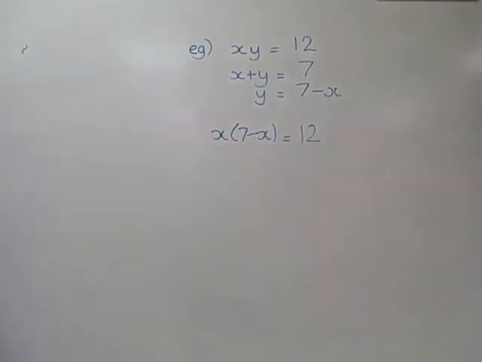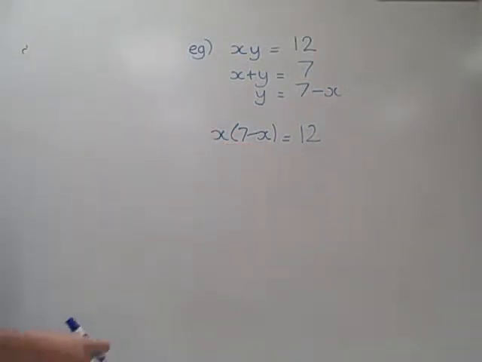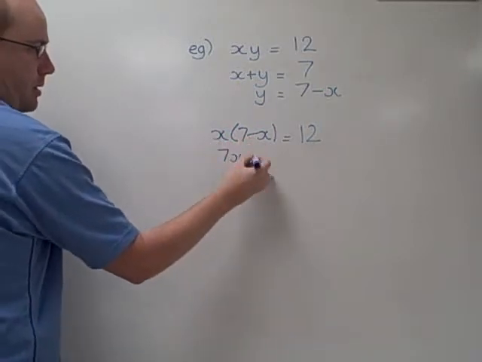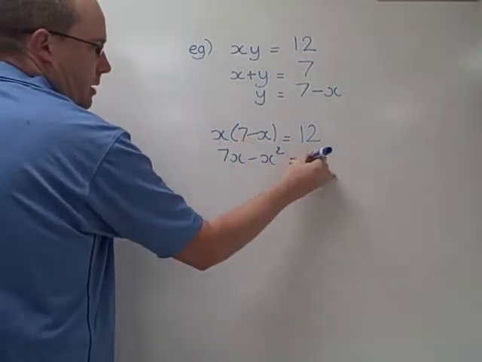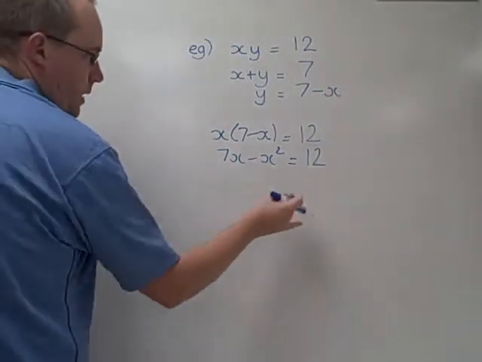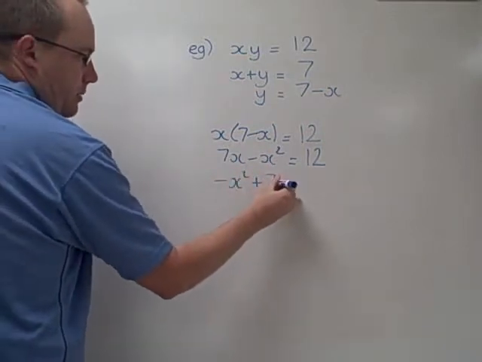equals 12. Now once we've got that equation, this is just in one variable now, so we should be able to use our algebra skills to figure out what the solution to this is. So if I distribute here, this is going to be negative x squared equals 12. Now as I've got a quadratic, what I want to do is set this equal to 0. So I'm going to bring my 12 across to this side,